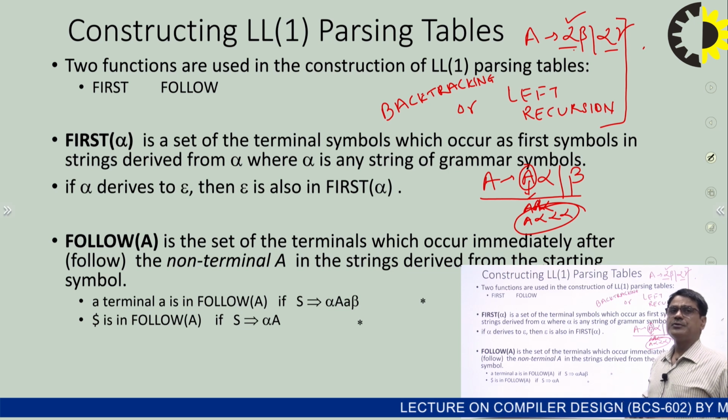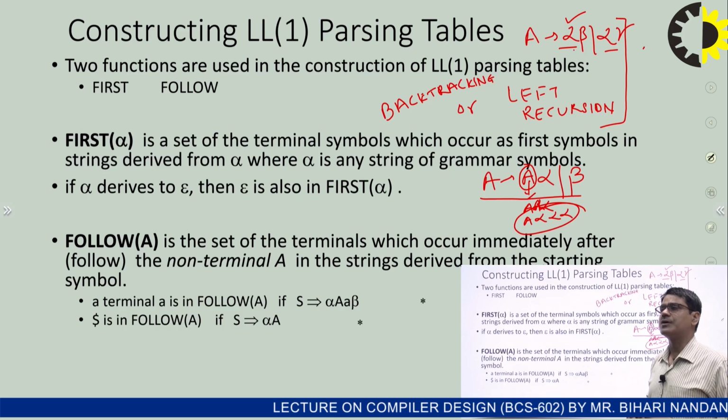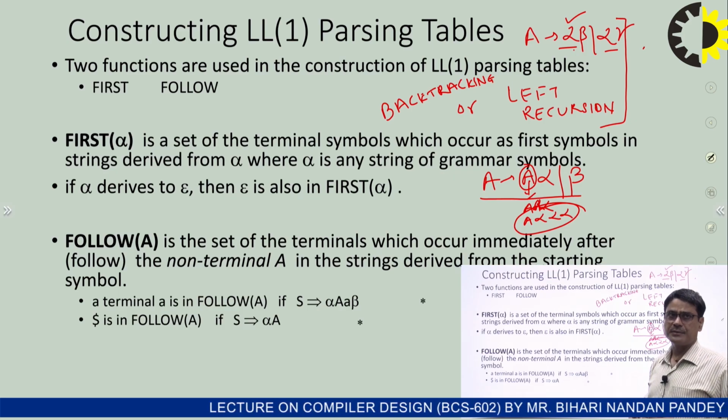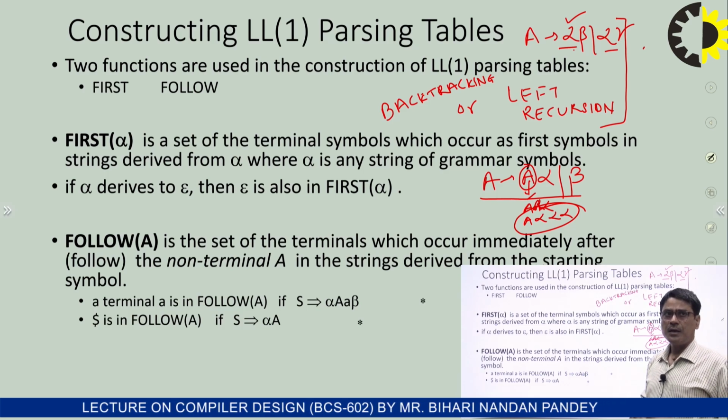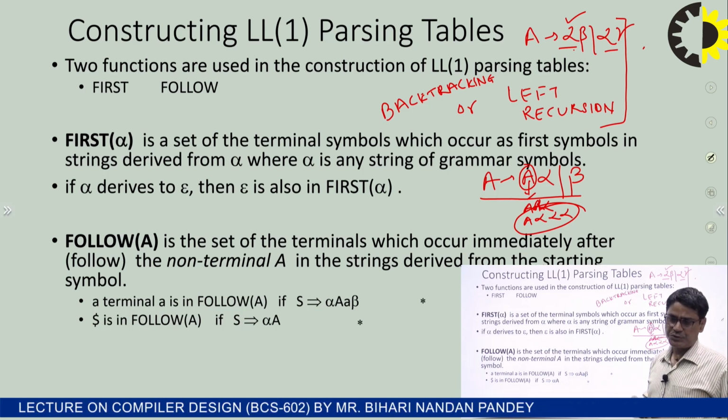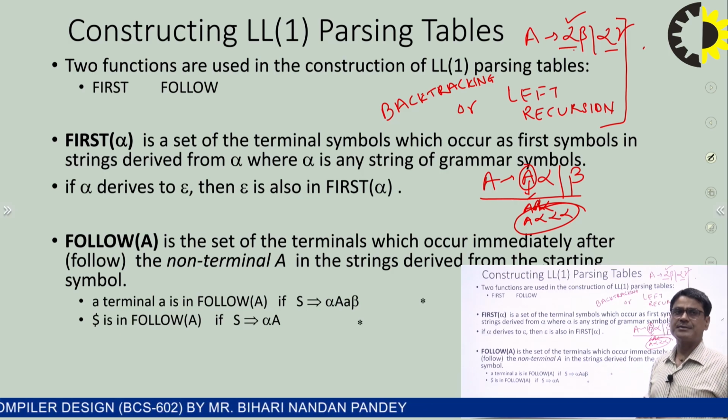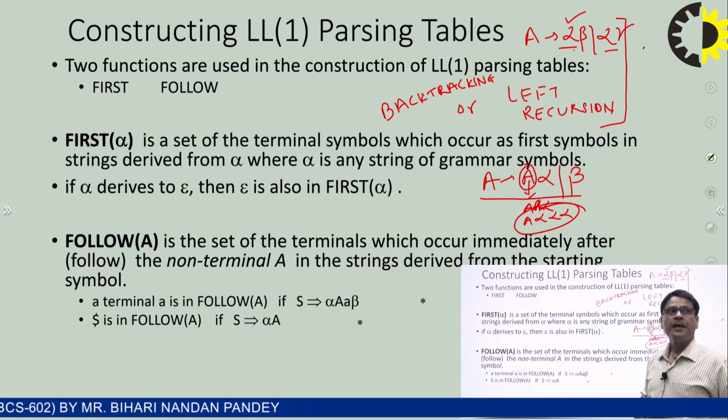Now, if you are going to design this LL1 parsing table, the outcome is the LL1 grammar, which is basically called for predictive parser. The LL1 grammar is that grammar through which you can apply the predictive parser and you will get the exact or correct string, and then you will draw the parse tree for that. So when we start this process, the first thing is that we have to use these two functions for constructing the LL1 parsing table.